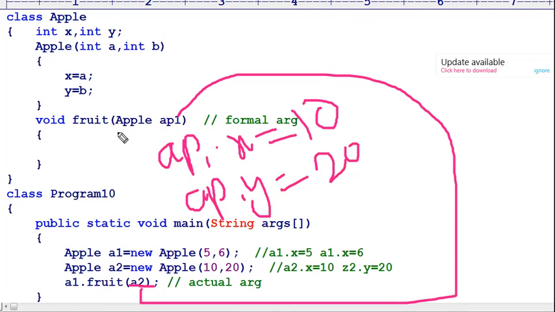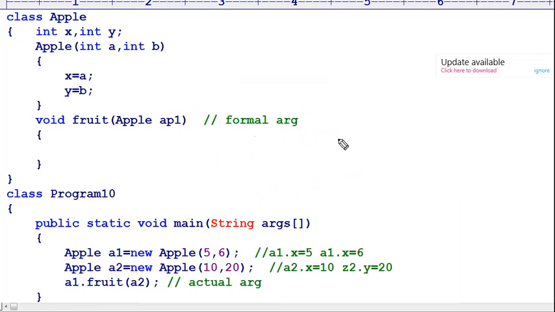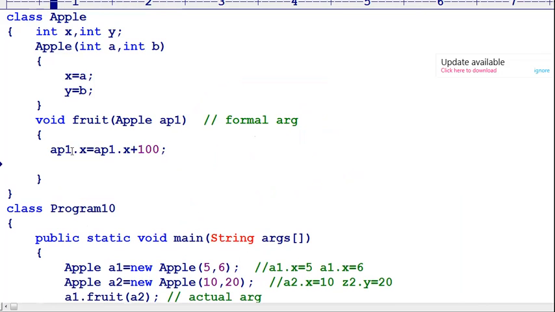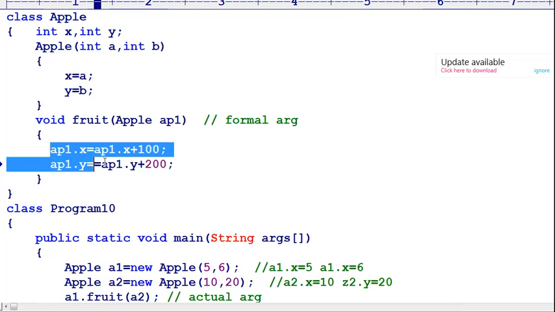Okay, now I am changing here with respect to ap1. Let us understand. In this code, I am changing ap1 dot x equals ap1 dot x plus 100. I am adding 100, and ap1 dot y equals ap1 dot y plus 200. Now with respect to a1, I am calling.